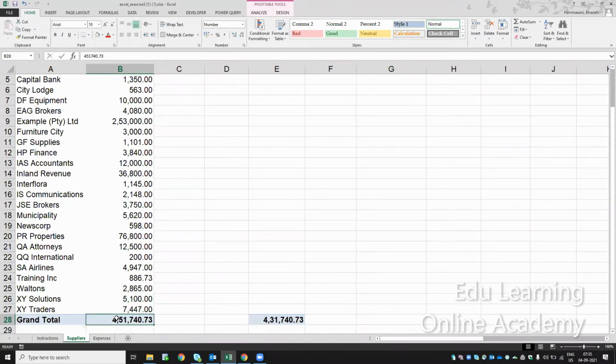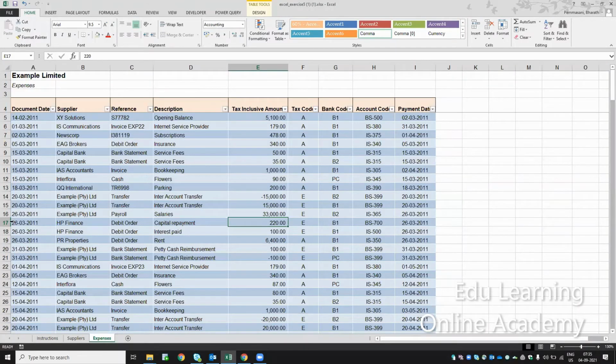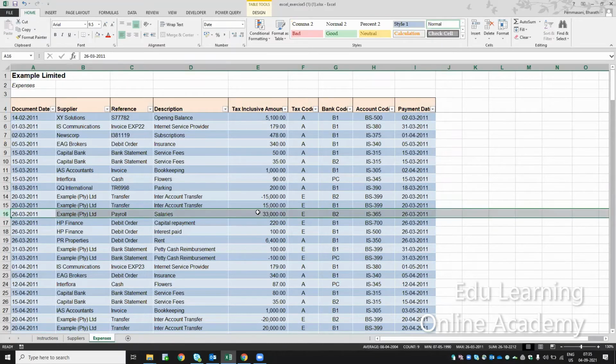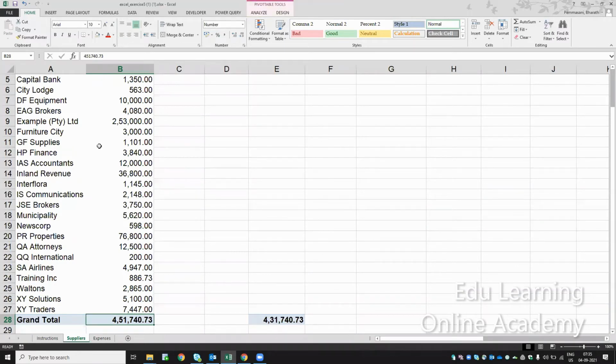Because we changed row 16 in the expenses sheet from 13,000 to 33,000, when you refresh the pivot table the changes automatically happen here. Previously, when it was 13,000, the total was 4,31,000. When we made it 33,000, there was an increase of 20,000, so it became 4,51,000. The data is getting refreshed. Okay, next.